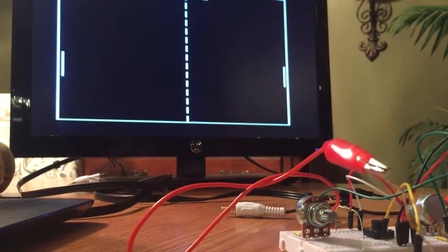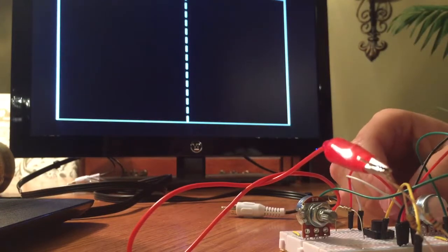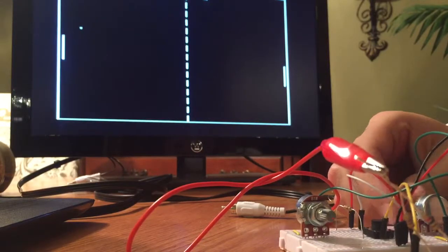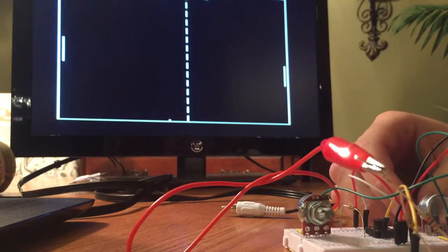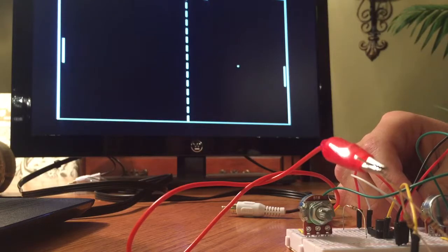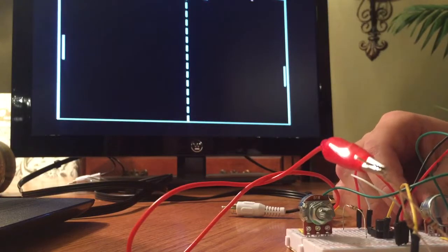I worked on this project by myself, so unfortunately I don't have a partner to demonstrate 2 players playing at once, but I'll show you each potentiometer working. So I'll start here, and you can see that as I turn the potentiometer, the paddle goes up and down. And also you can see that each player has a score at the top. It's tied 3-3. If the ball gets past the paddle here, coming up on the right side, my score on the left will increase to 4, whereas when the ball comes back,